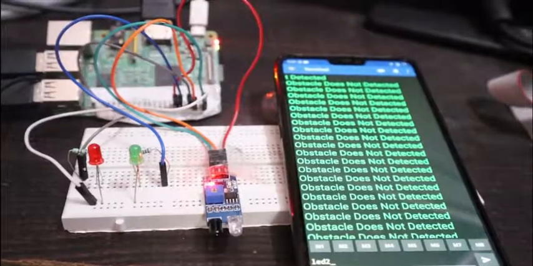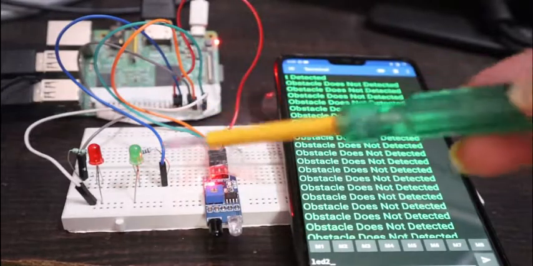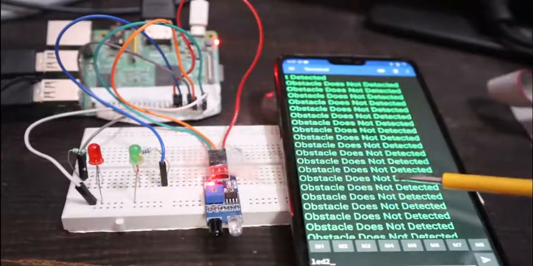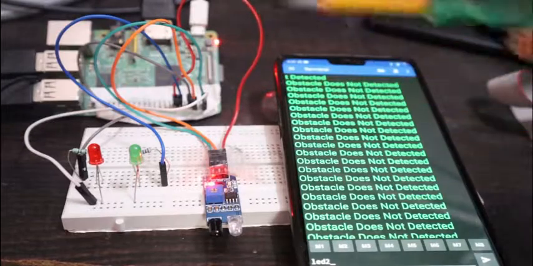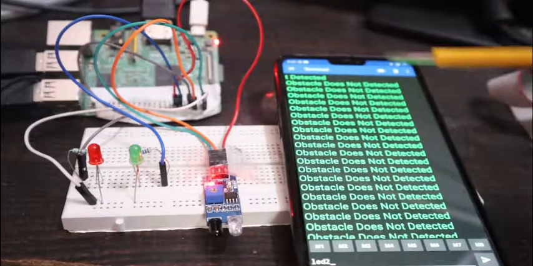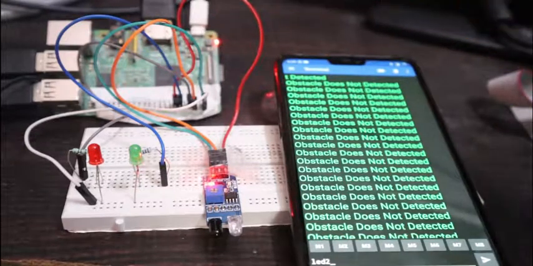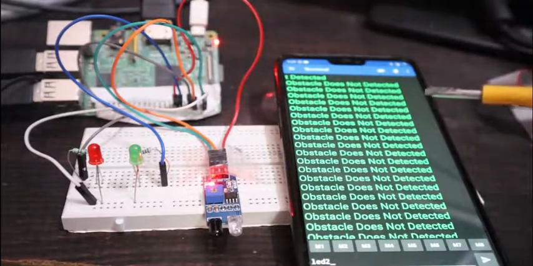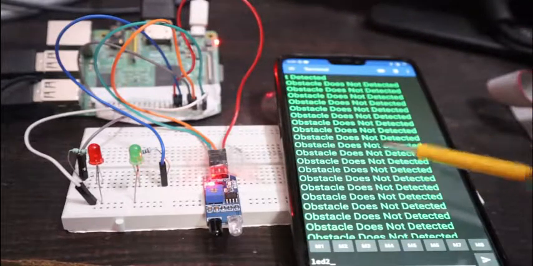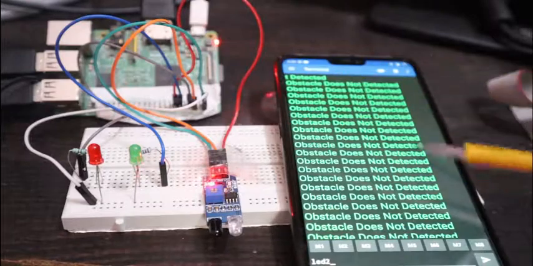Hello friend, in today's video we will learn how to control LED by using the mobile application with Bluetooth technology. So we already know that Raspberry Pi 3 and 4 has inbuilt Bluetooth. We will use that inbuilt Bluetooth, and from mobile application we have Bluetooth terminal application, and you can see here